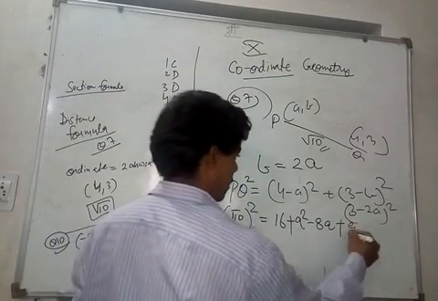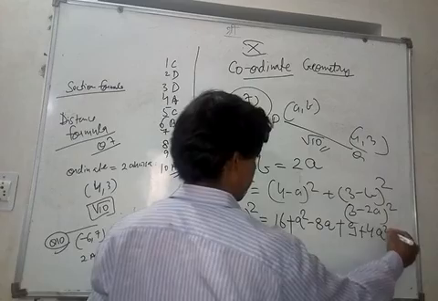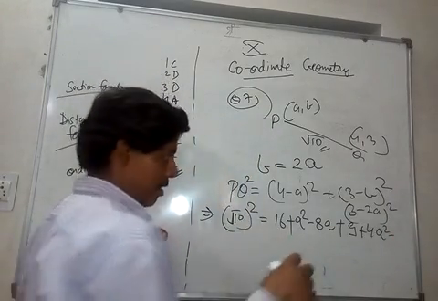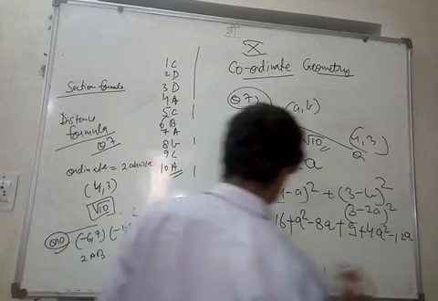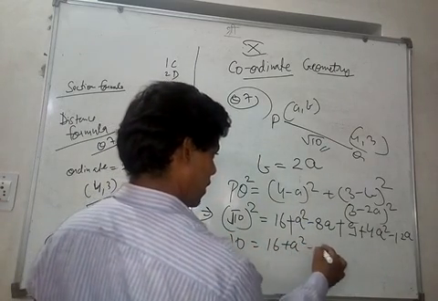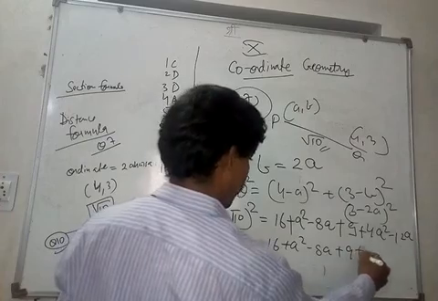So we will get 9 plus 4A square minus 3 into 2 into 2A, that is 12A. So this is 10, this is 16, this is A square minus 8A plus 9 plus 4A